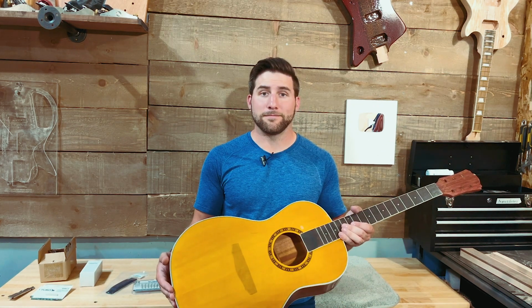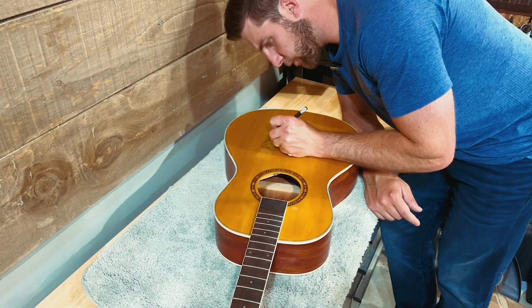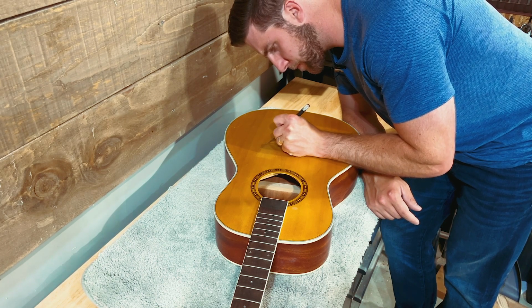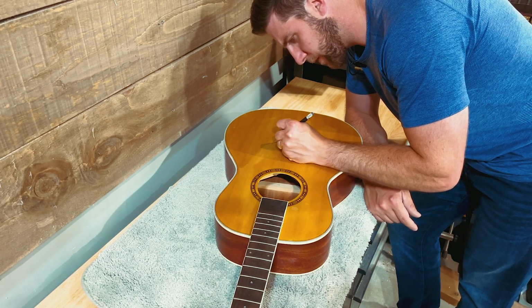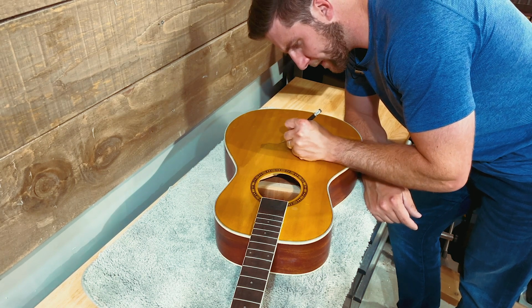So let's get started. Usually when I do this hilariously finicky stuff, it is for finishing work. Not today, though. Today, it's for installation work. So what I've got to do here is be careful to make sure I get all the way through the lacquer, but I don't want to cut into the wood